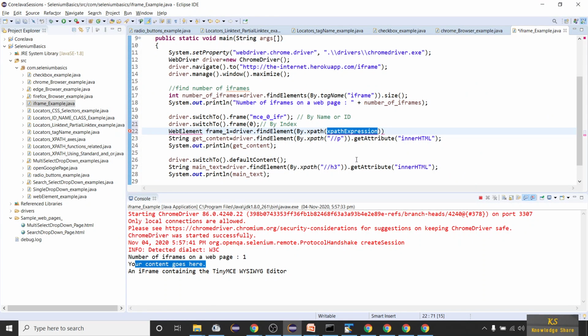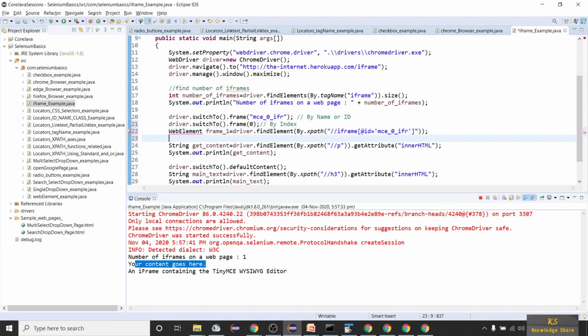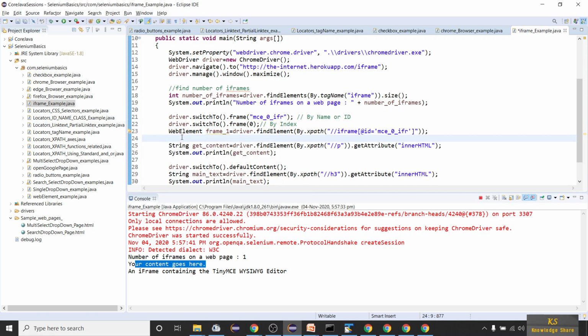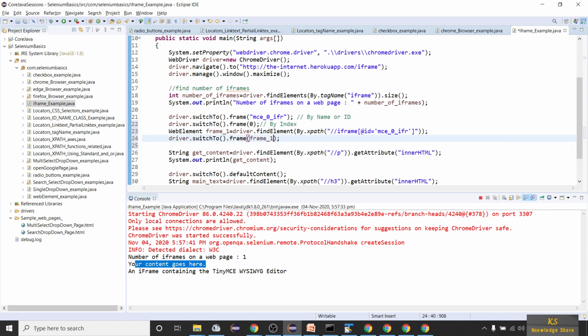Just copy that in this and close it. And now you have to import this. Now you can write this statement driver.switchTo().frame(frame1) here. So this is how you identify by web element.